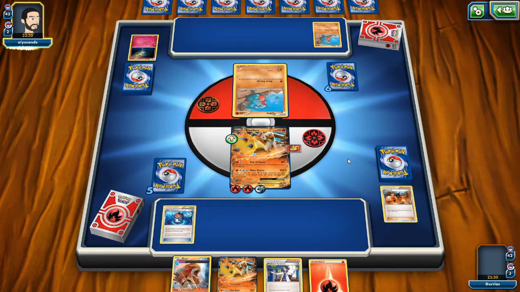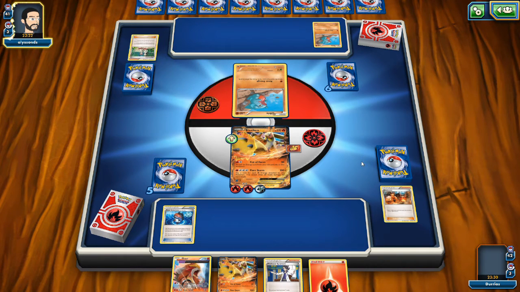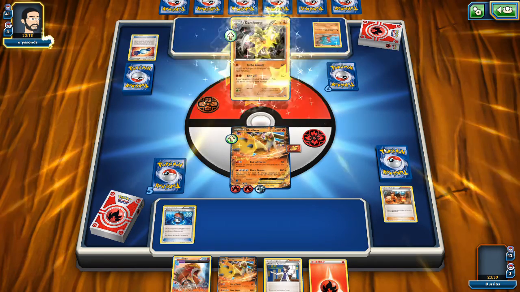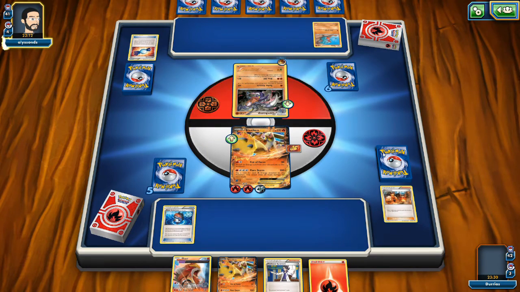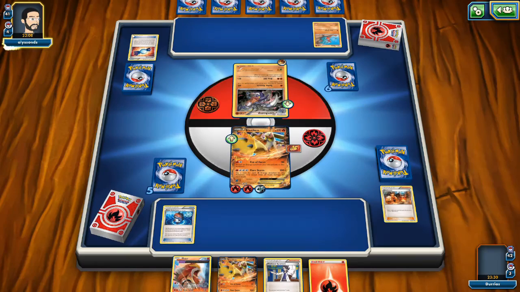And my opponent gets another Gible. We won't see a knockout on our Blaziken just yet. My opponent doesn't have any energy attached to the Gible, so we won't see a Garchomp going for a bite off. And even then, my opponent would need a Stadium for the one-hit KO or a strong energy. There's a Garchomp, which we will knock out in one hit. With a strong energy it's going to hit us for 80, and then